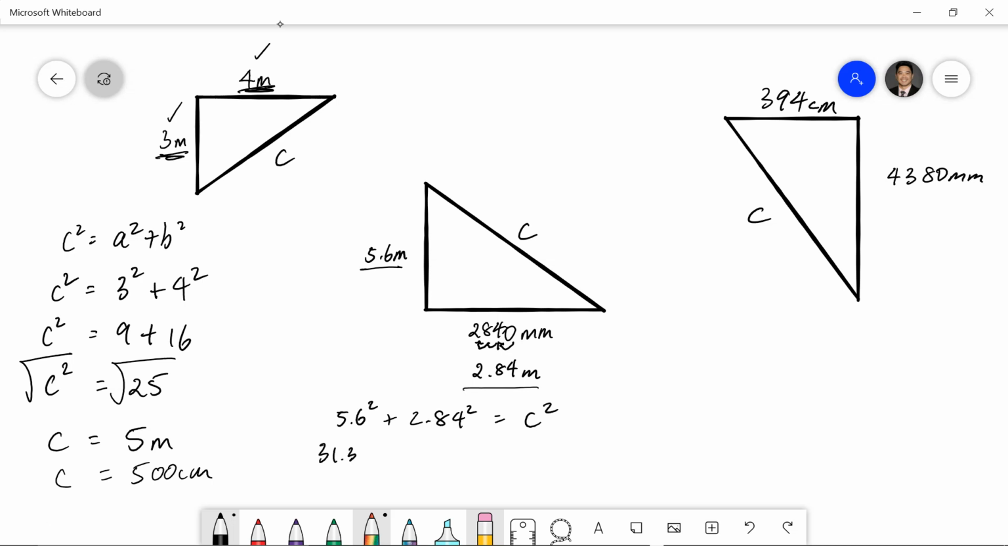We got 31.36, and then 8.0656 is equal to c squared. I'm going to add that to 31.36. We have 39.4256 equals c squared. And to get c, we want the square root of both sides. Okay, so the square root of that number is, and I might write it up here, c is equal to